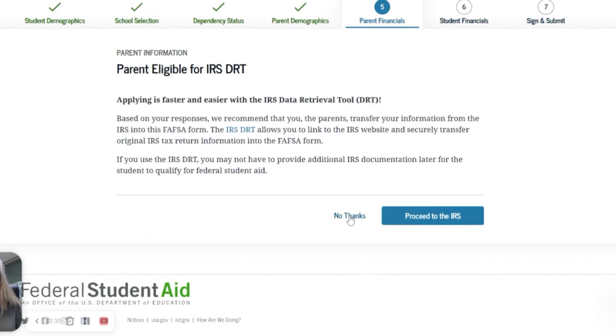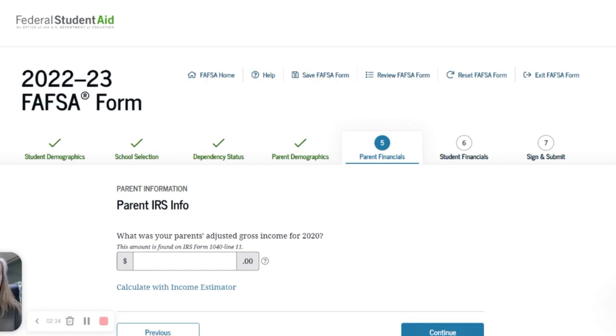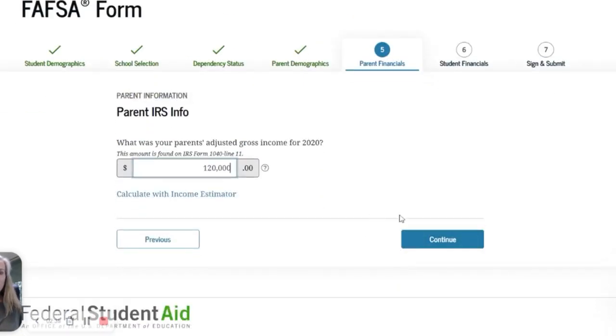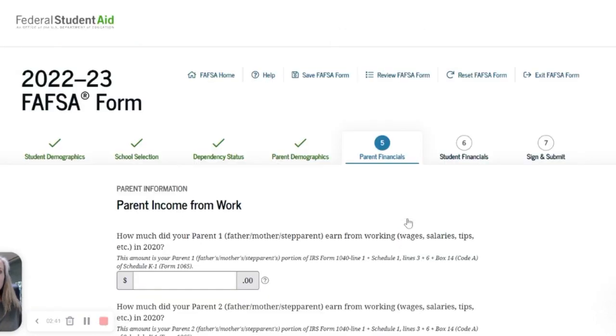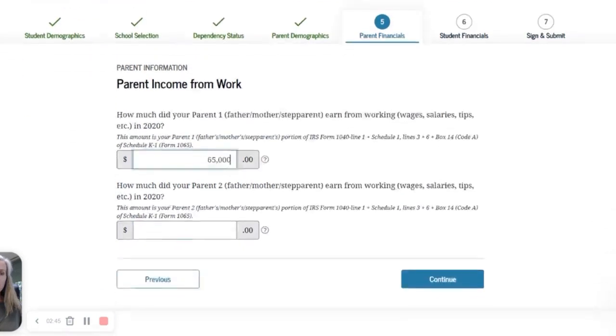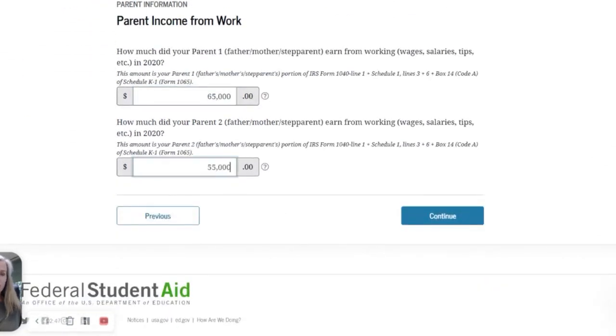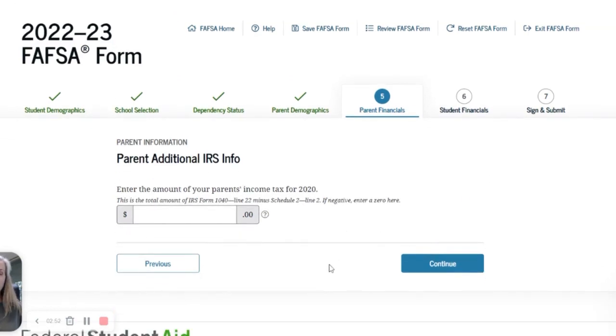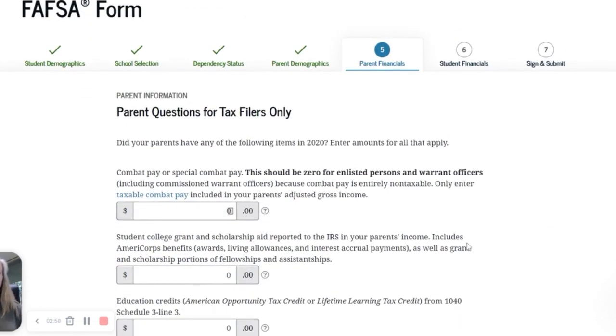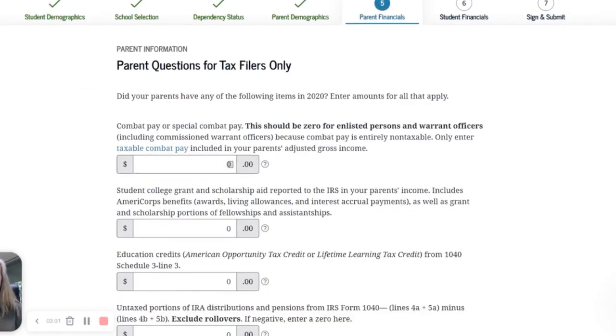So it really wants me to use the IRS data retrieval tool, and I really want you to. Unfortunately, I can't, so I'm going to click this. Now I'm just going to enter a bunch of information here. So adjusted gross income, again, this will be pulled from your tax return. Some of these fields you'll be prompted to complete on your own. It'll pick up what your total tax liability was. And then it'll ask you some specific